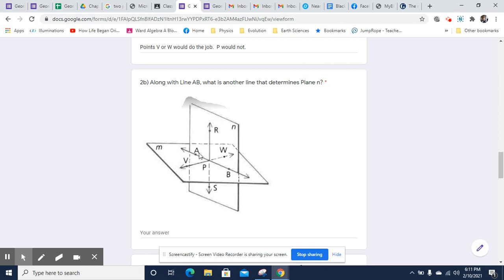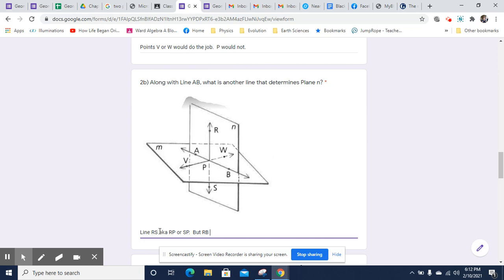All right, along with line AB, what is another line that determines plane N? So this is plane N. So along with line AB, well, the line that's identified on here is RS, and it's an intersecting line, though you could get creative with this as well and say, okay, BR or AR would do the job as well, and AS and SB would work too. So the one that is most obvious, line RS, also known as RP or SP,